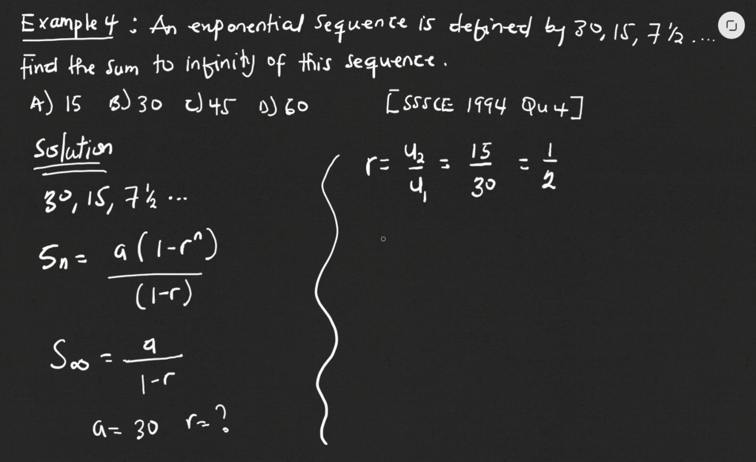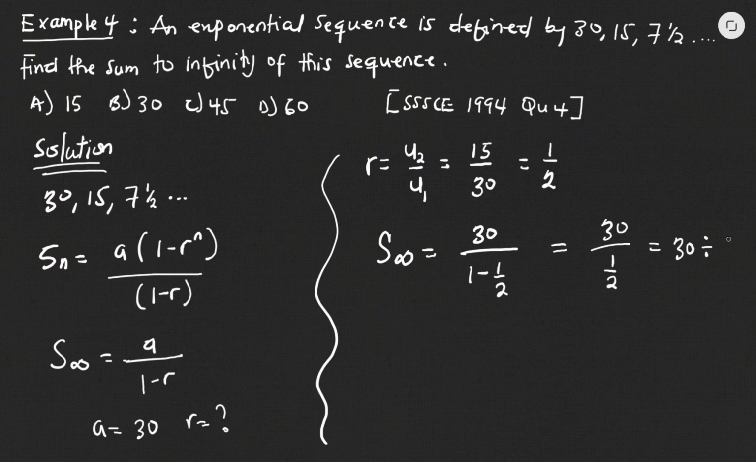So from here I can use my formula S infinity is equal to a, which is 30, on 1 minus a half, which is the ratio. So this is equal to 30 on 1 minus half will give me half, because I have a whole, I took half of it, and I'll still have half left, so I have half. Now a number divided by half will be double the number, or we can do this as 30 divided by half,